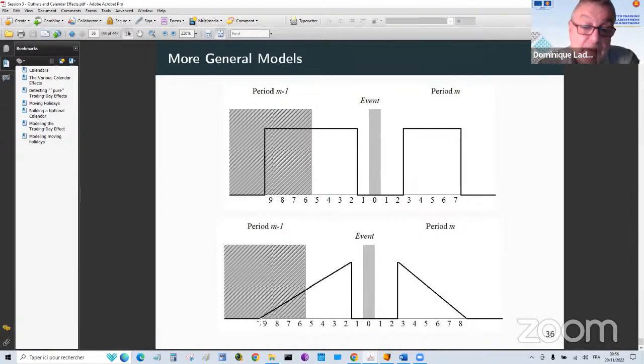So the transportation, they will arrive one day before the Eid, stay with the people during the Eid, and afterwards go back home. And so you will have an impact on the transportation before and after. And so you are going to build a specific regressor which is proportional to